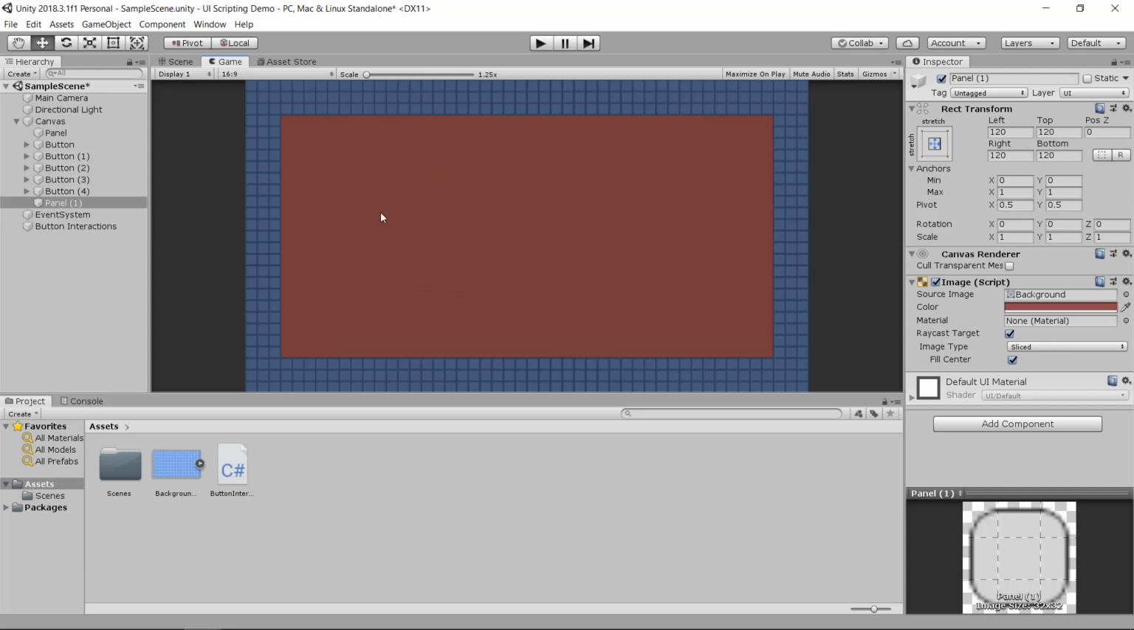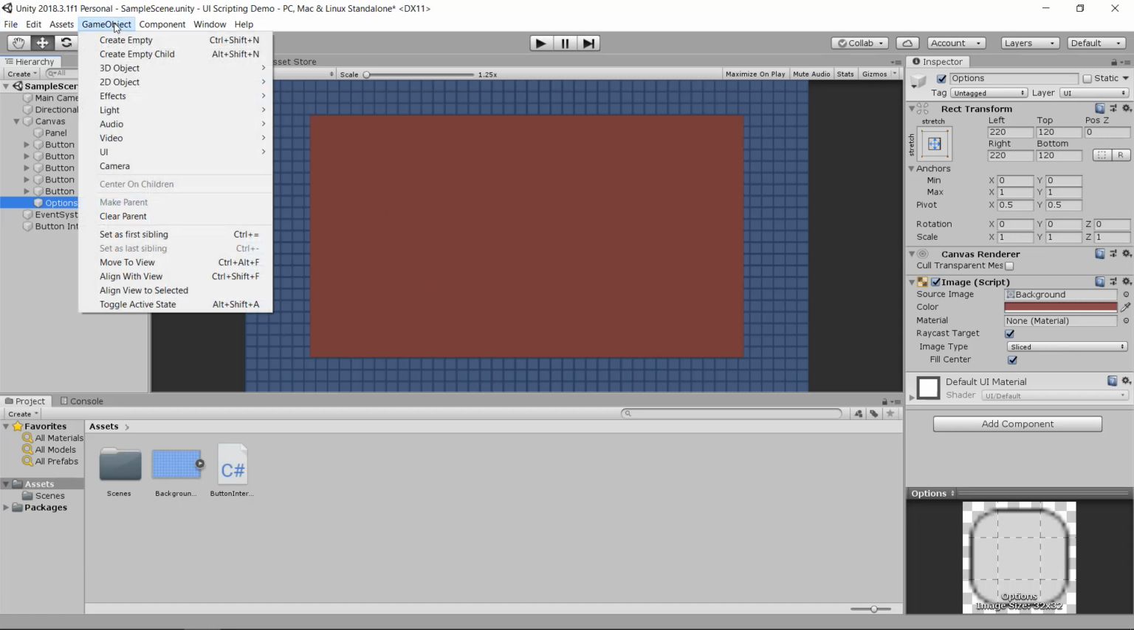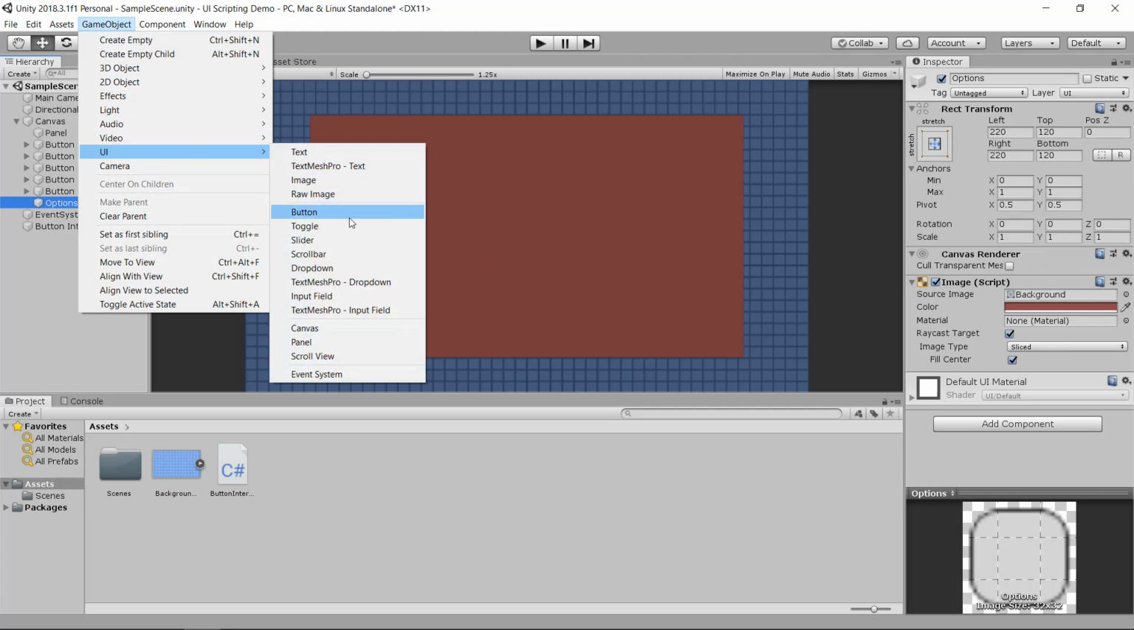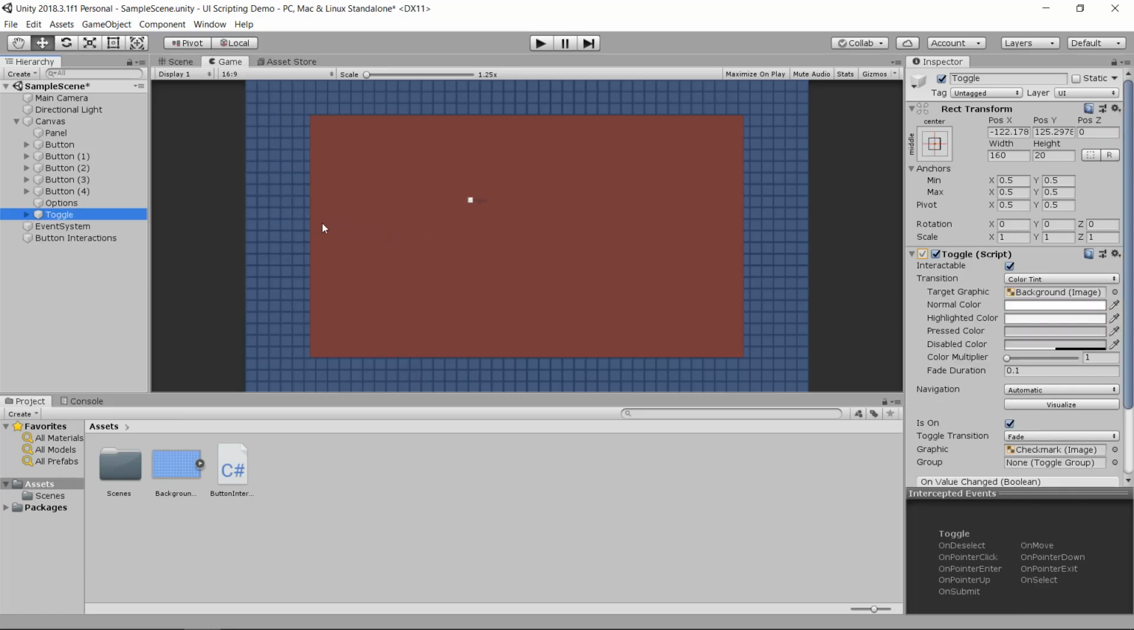All right, so this is going to be our options pop-up. Actually, I'm going to change the left and right to 220. I'm going to name this panel options. And I'm going to now add some actual options to this. So I'm going to add a UI, and the first one I'm going to add is a toggle. I want to increase the size of this just like I did with the buttons. So let's try 220 by